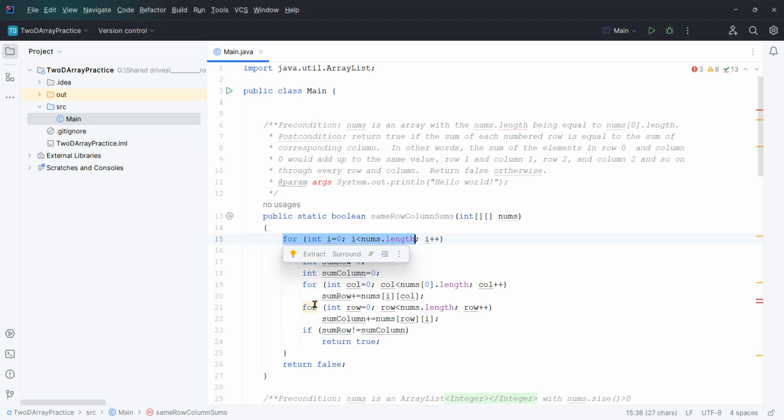And then I did the same thing for the column. So I'm going to be on the ith column now instead of the ith row. So I need to go down the rows in the ith column and add everything in each row for the ith column. So that's what this sumColumn plus equals row